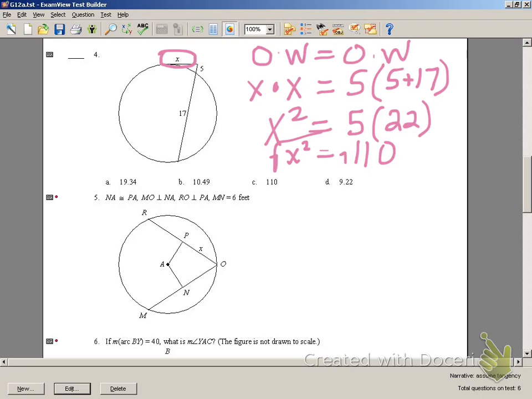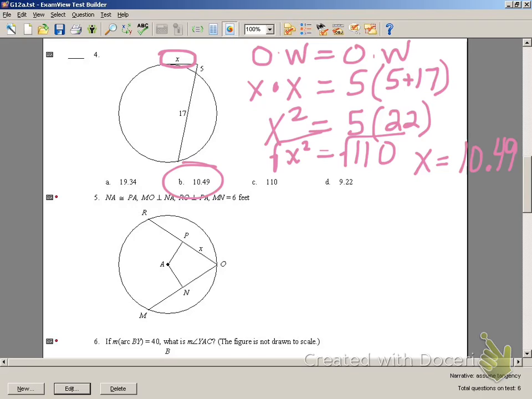We take the square root of both sides. So x equals 10 point, I'm going to jump out on a limb and say 49. So we would select B as our answer. It seems a little crazy that they told us to round to the nearest tenth, and yet all the answers are rounded to the nearest hundredths. But